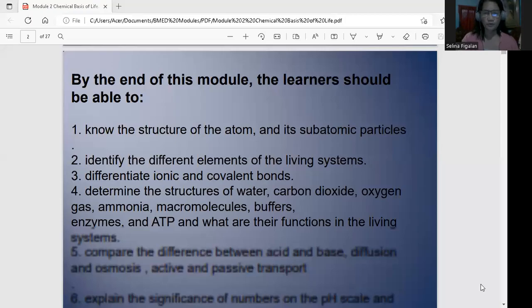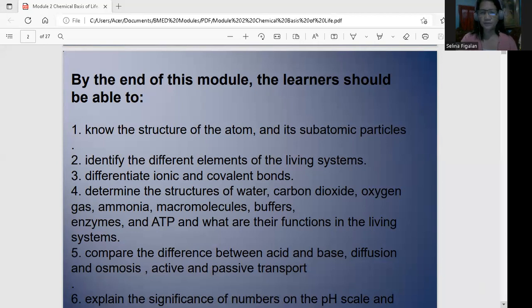So these are the objectives of this module. By the end of this module, the learner should be able to, first, know the structure of the atom and its subatomic particles. Second, identify the different elements of the living systems. Number three, differentiate ionic and covalent bonds. Number four, determine the structures of water, carbon dioxide, oxygen gas, ammonia, macromolecules, buffers, enzymes, and ATP, and what